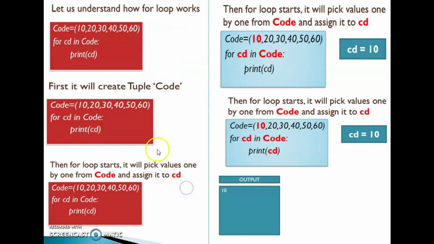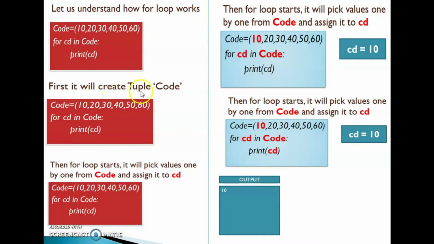Okay. You just check how for loop will work. code = (10, 20, 30, 40, 50, 60). For CD in code. Colon, that is very important. We already said about these compound statements. Then print CD.